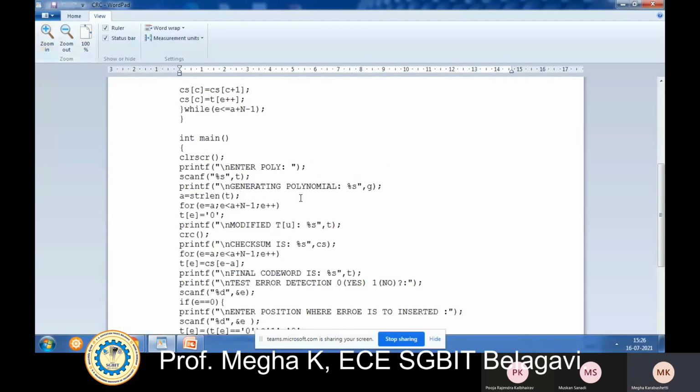In the main function, clear screen. I'm using Turbo C++ software here, so for that purpose I have declared a function called clear screen, to clear the output window.